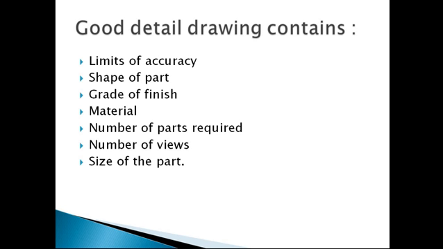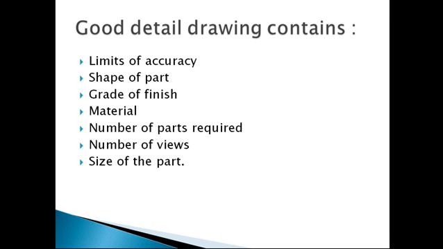What kind of finish means whether any coating is required on this object, or whether some grinding process is required at the end. Again, we can consider the Ra value or surface roughness value, and on the basis of that we decide the grade of finish. Then the material: what type of material are we going to select for this component? Whether steel or some other metallic material, it must be defined properly here.